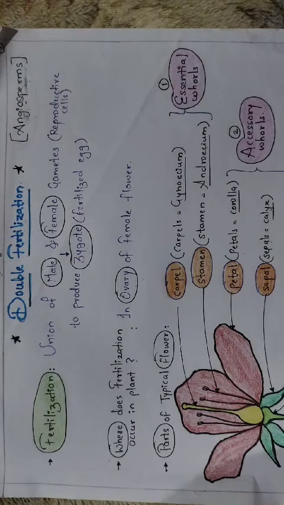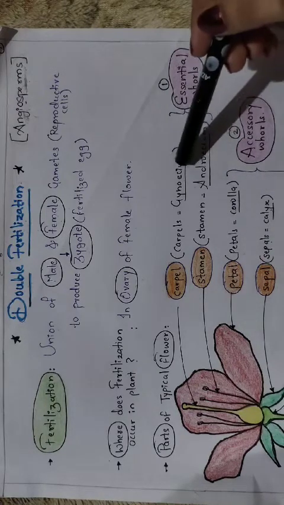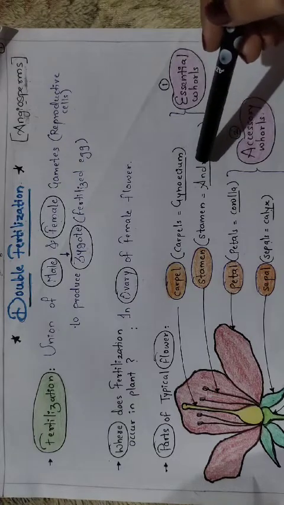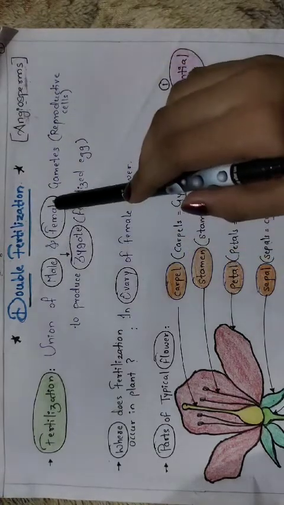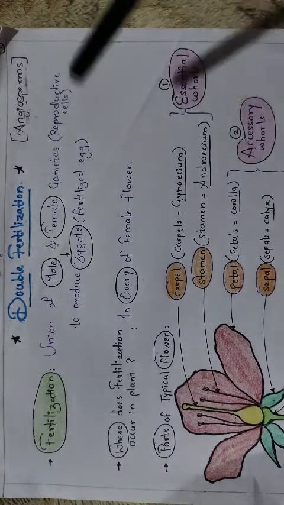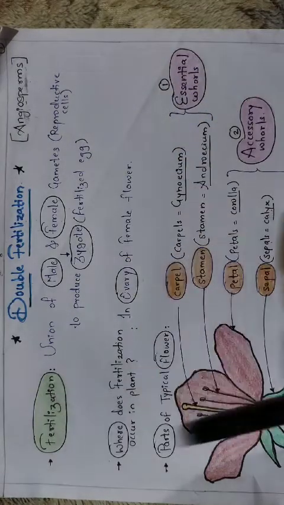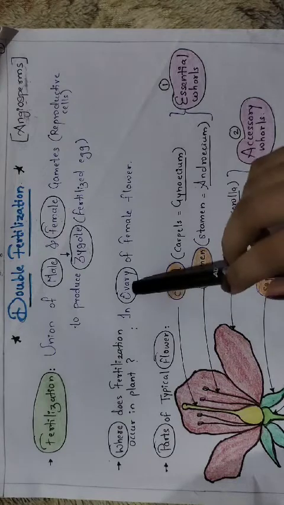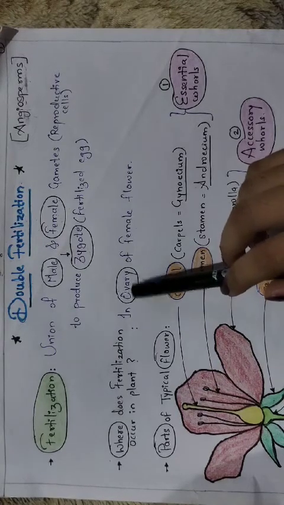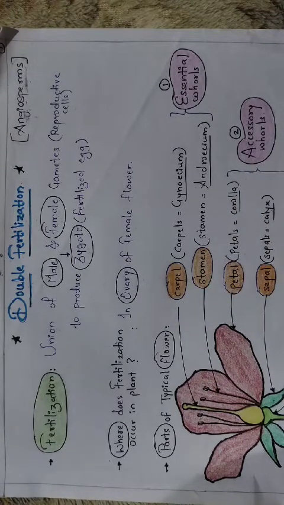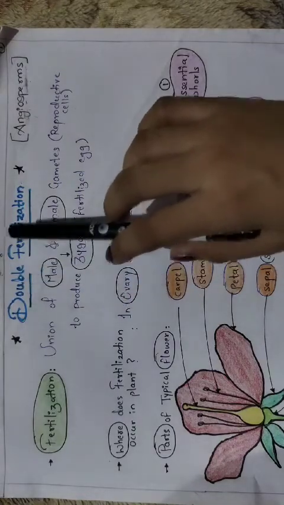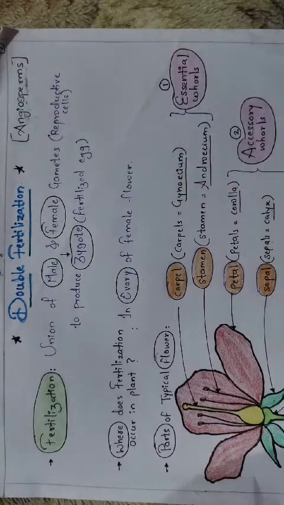The flower becomes a very important part here, as it is considered the reproductive part, which consists of the female and male reproductive organs in which the male and female gametes get produced. So the question is where exactly this fertilization process occurs. Remember, it occurs in the ovary, and the ovary is a part of the female reproductive organ, that is, the gynoecium. Now, just before we go directly to the double fertilization explanation, let us go through the basic concept.